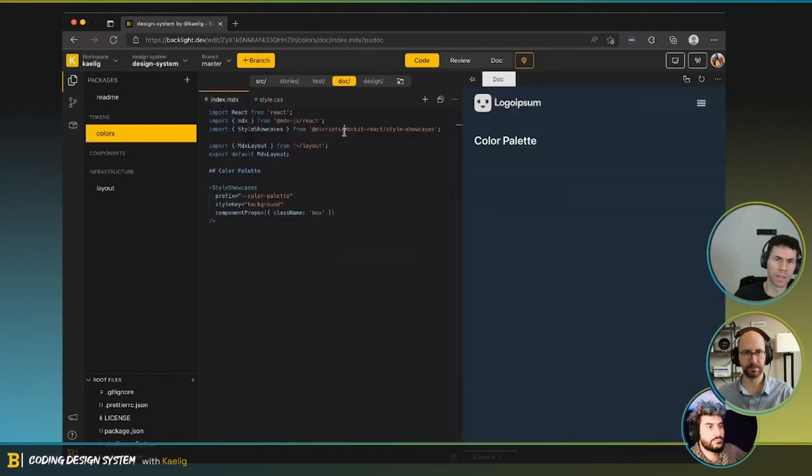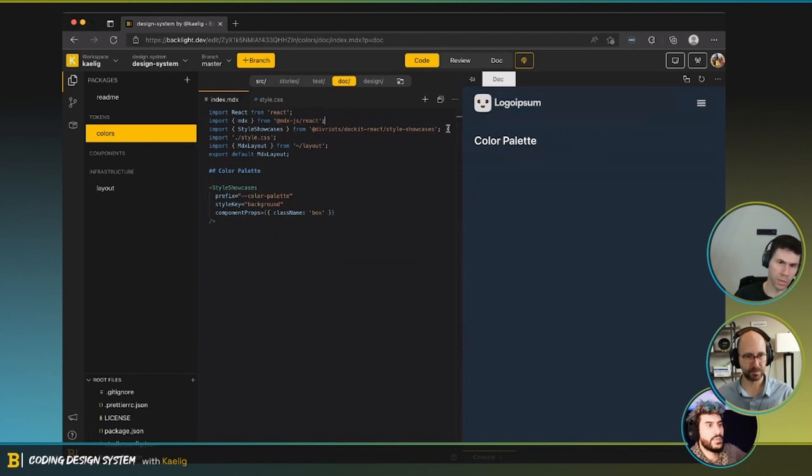And then we can import the style.css. This is just for the documentation, but it's still not working right now because there are no colors.